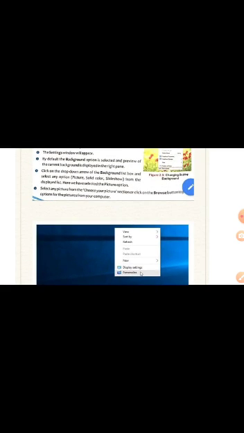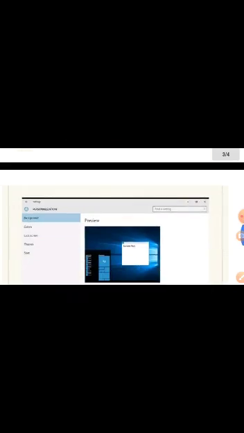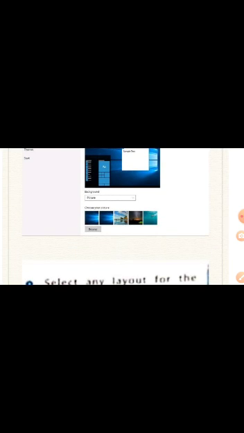Now the next step says: select any picture from the Choose your picture section, or click on the Browse button to go to options for pictures from your computer. So here are some options given to you. You can choose the pictures from the computer.